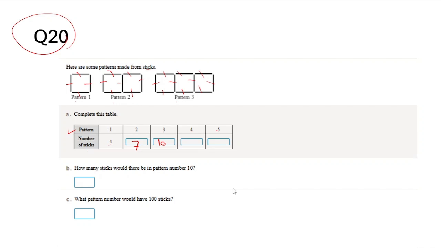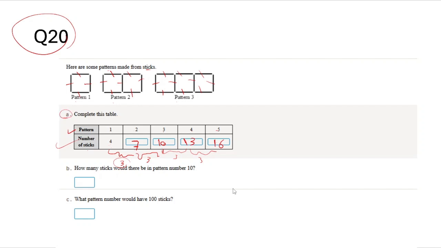But to get these numbers, let's look at the other numbers here. For example, from pattern 1 to pattern 2, the number of sticks increased by 3, right? 4 plus 3 equals 7. From pattern 2 to pattern 3, the sticks increased also by 3. 7 plus 3 is 10. So that means from pattern 3 to 4, it will increase by 3. So this will be 13. And the next one, with 3 more, will be 16. So this is the answer of